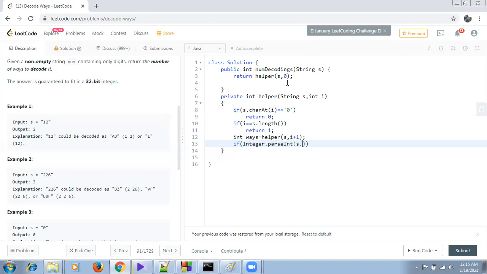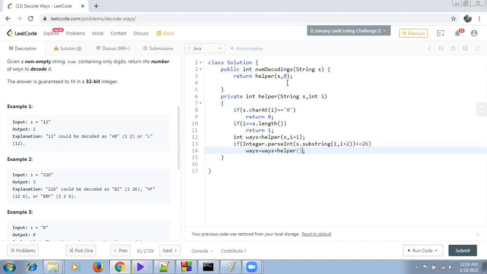What will be our string? s.substring. How will we take two digits? Then i comma i plus 2, because we are taking only two digits, and we have to check that it is not crossing 26. Okay, at that time we will add in our ways the helper again.